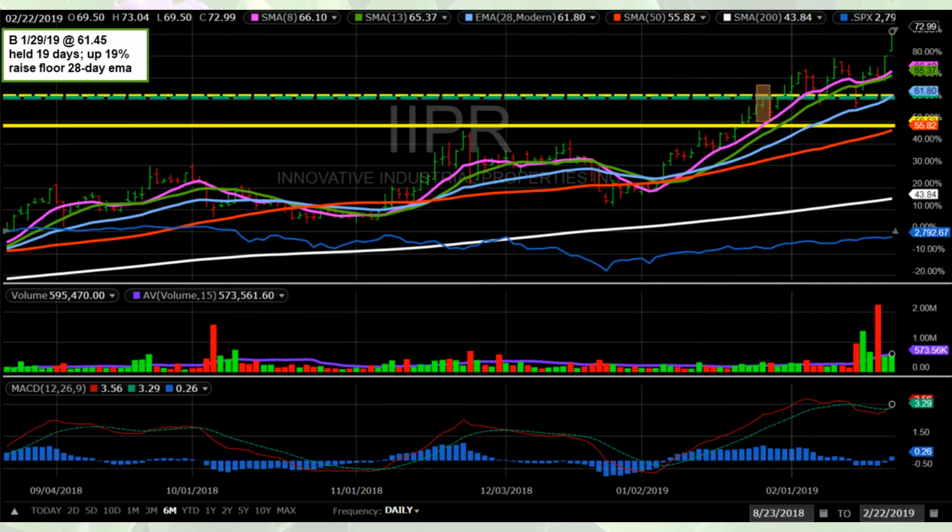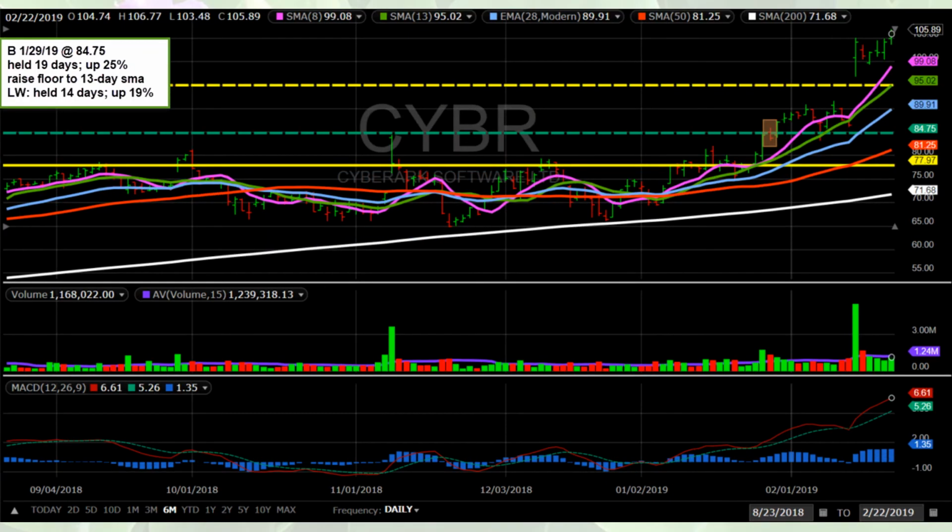IIPR, I've held for 19 days and it's up 19%, and the floor is at the 28-day exponential moving average. CyberArk, CYBR, I've held for 19 days and it's up 25%, and my floor is at the 13-day simple moving